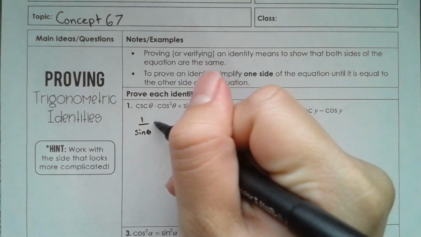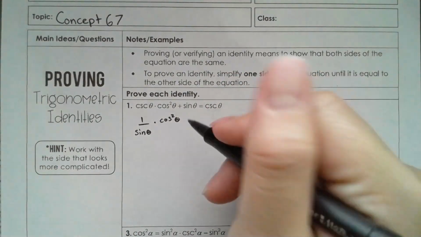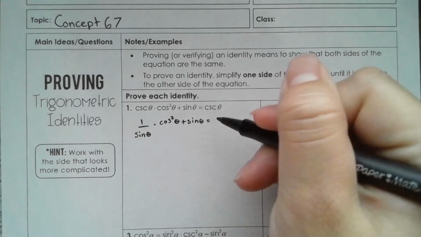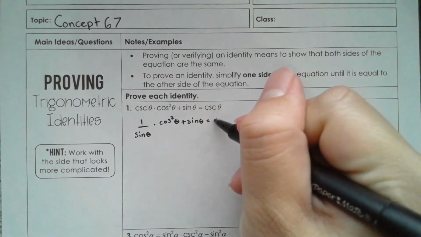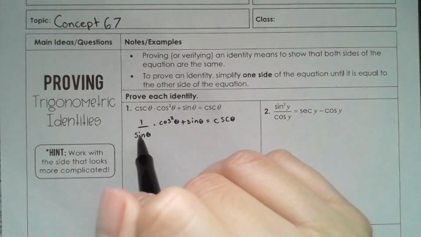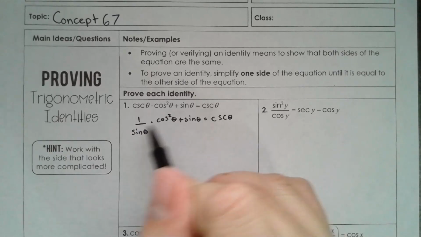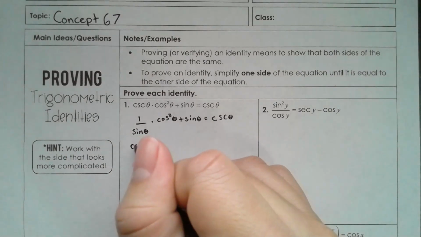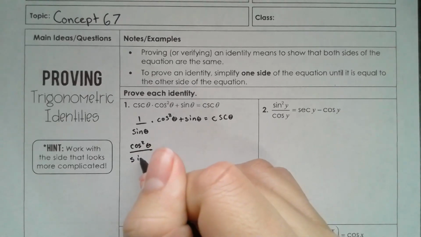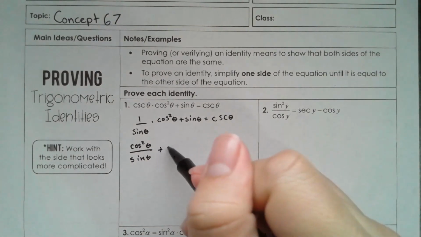Okay, I have cosine squared theta. I'm not going to change that one. And then I have plus sine theta. I won't change this one either. And I know this needs to look like cosecant theta, so I only changed the first one here. Okay, multiply these two. I'm going to have cosecant squared theta over sine theta, plus sine theta